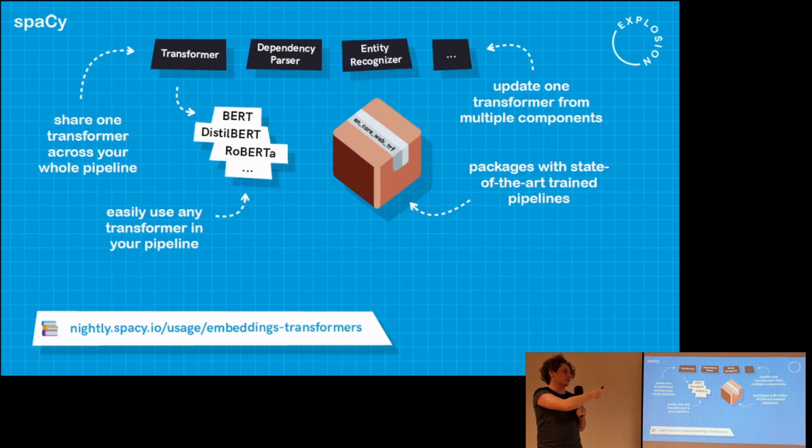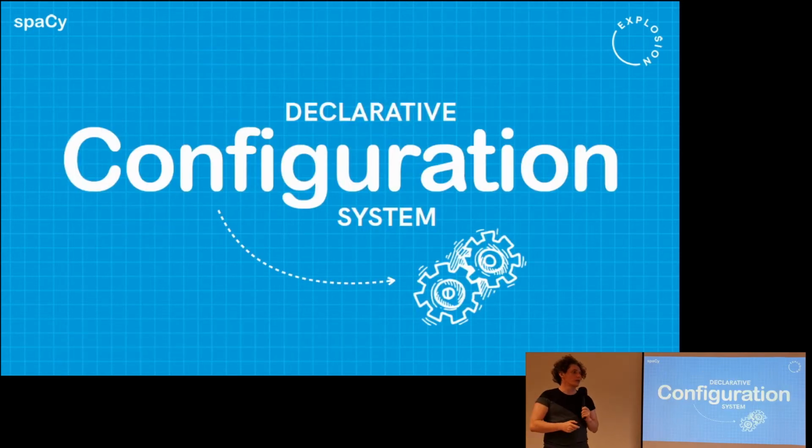Importantly, all of those components are training the one transformer. So the one transformer representation is learning to be optimized based on whatever components you have in your pipeline. So when we were designing this transformer support, one of the key considerations is giving people enough ability to configure the system, because for all of these machine learning things, you need to have lots of options and lots of settings for different layers and things. And this was a key part of the solution for that.